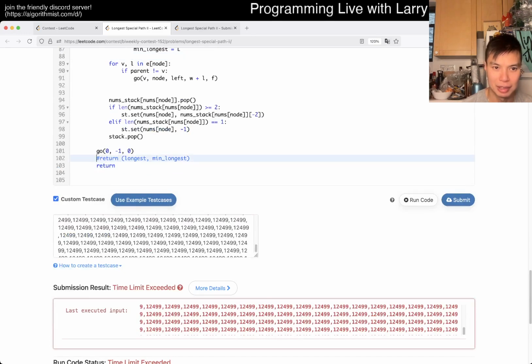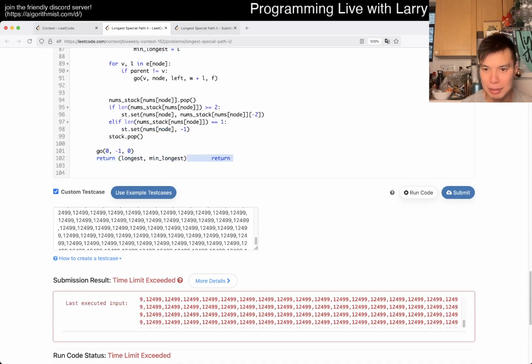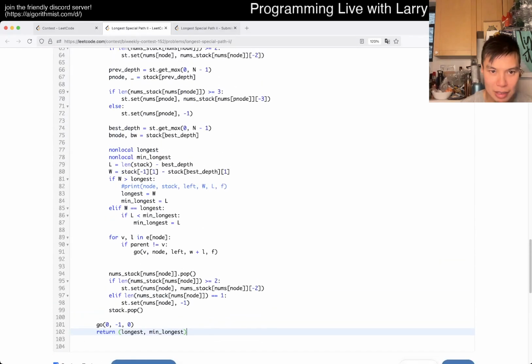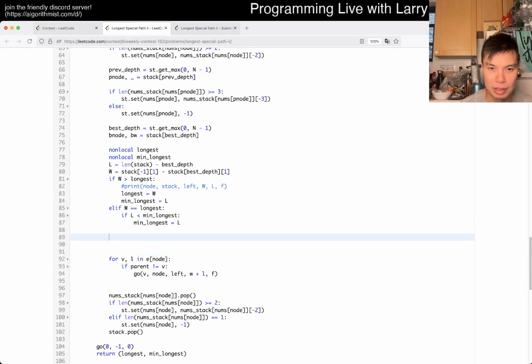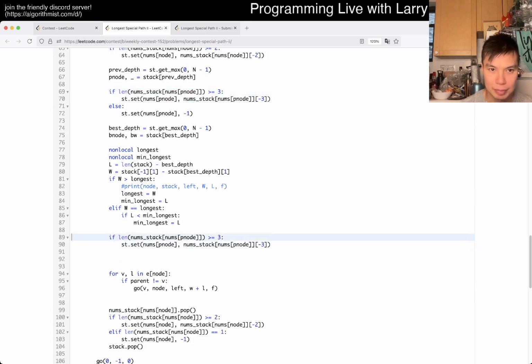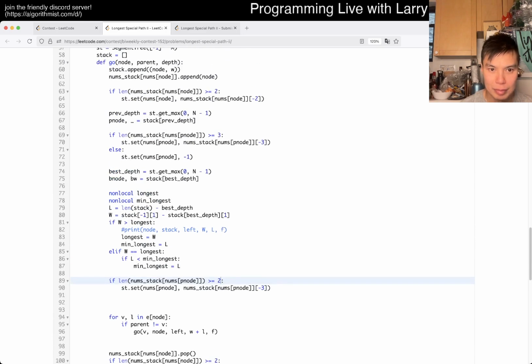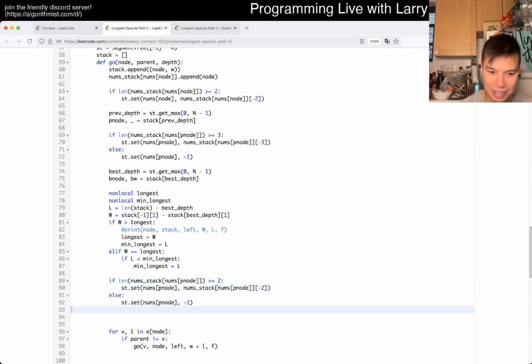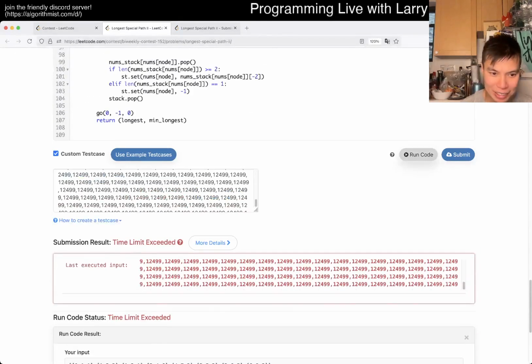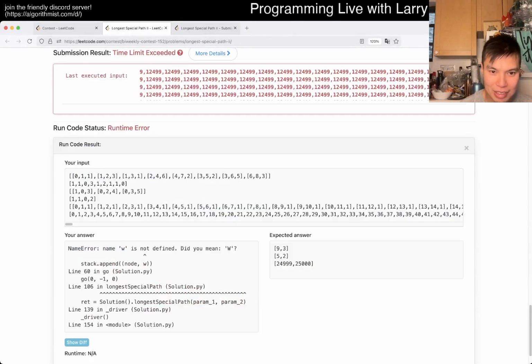So I did... Oh, actually, I just commented out. Oh, I have to reset this. So then, after we set this stuff, we want to convert this back, right? I think technically this is... I don't know if I did everything I need to do. I mean, the idea is not that bad, but